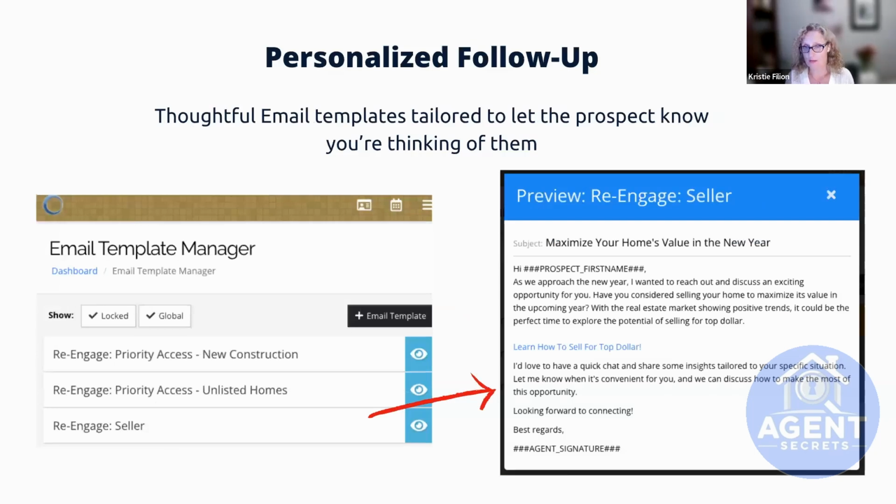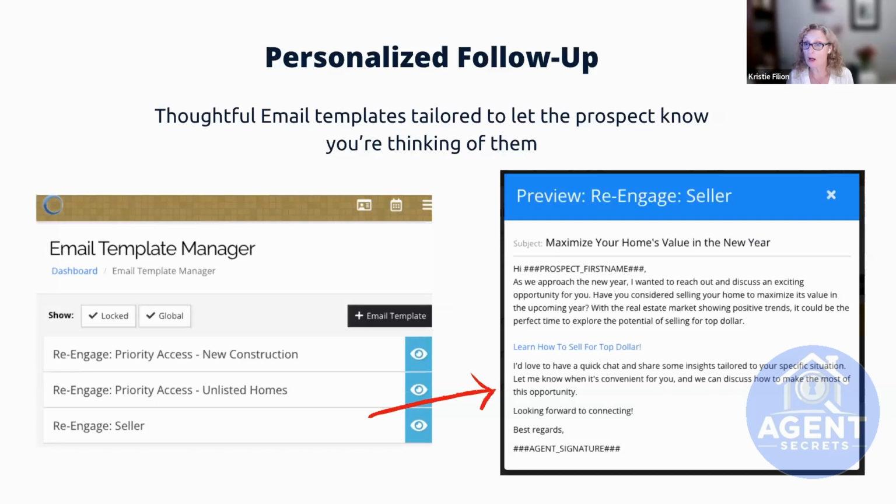Thoughtful email templates. An email is also a great way to reach out, and the same rules apply. You're going to want to make sure they're personalized with their name, and also have some note in there that maybe is offering a link to a special report or to your recent blog post.